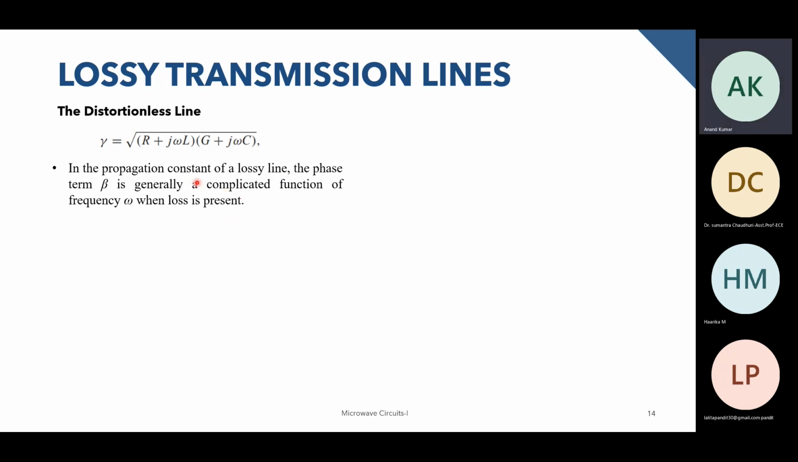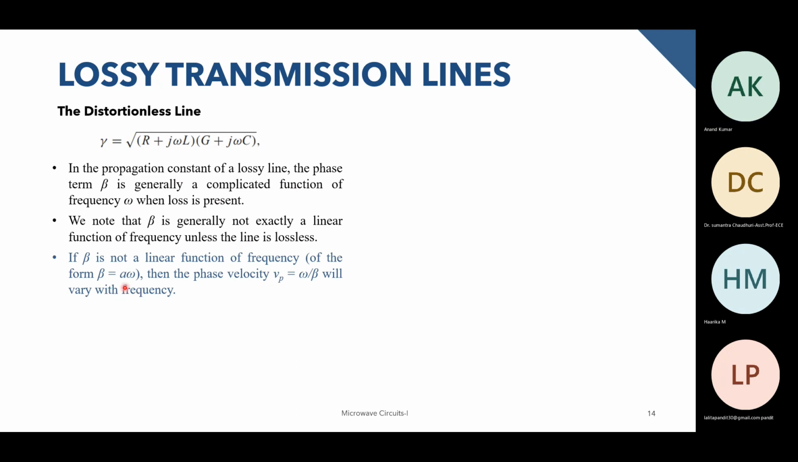This implies that beta is not a linear function of frequency unless it is a lossless line. A lossless line assumes that beta can be given in this form, a linear function where beta is some constant times omega. But if it is a lossy line, you cannot express beta in this particular form. So if beta is not linear, then